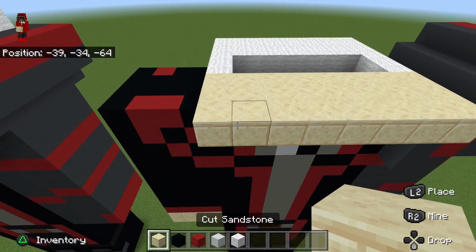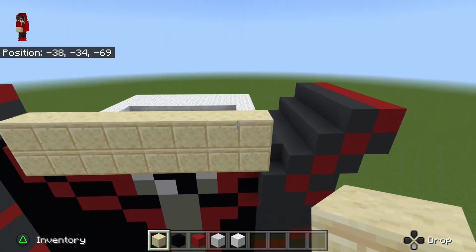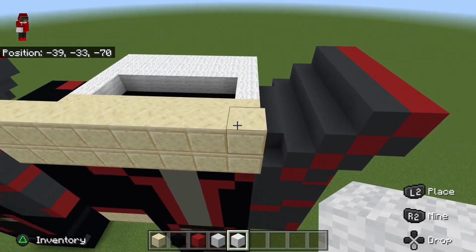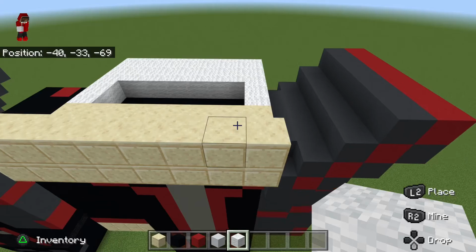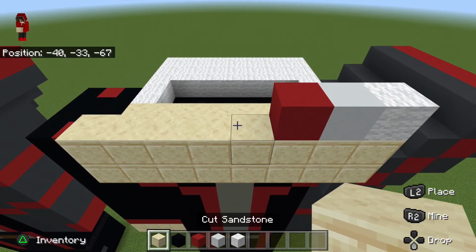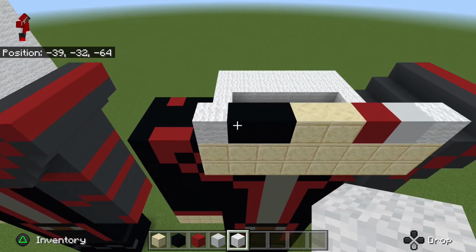And coming back to the front, you want to raise the front up by 1, then from left to right, at least body wise, or right to left, do white wool, white concrete, red, cut sandstone, black, white wool, and